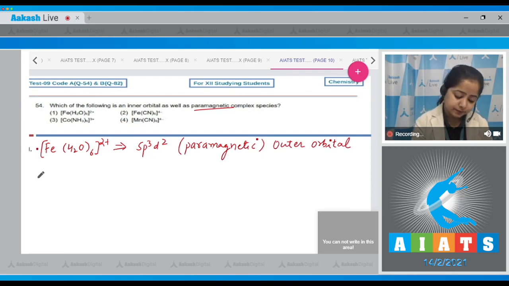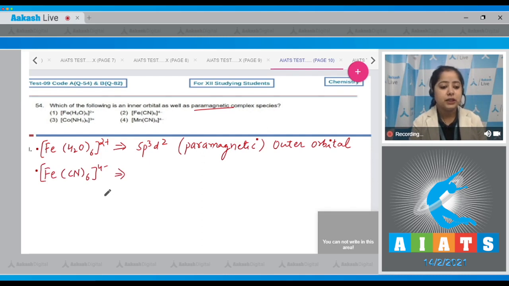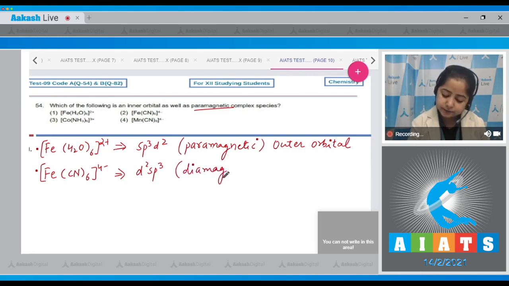Moving to next, this is [Fe(CN)6]4-. Student, we know that CN is a strong field ligand. Here the oxidation state of Fe will be +2. There will be 6 electrons in the d orbital of Fe, and after pairing the hybridization of Fe will be d2sp3 and there will be no unpaired electron. As a result, it will be diamagnetic and we call it an inner